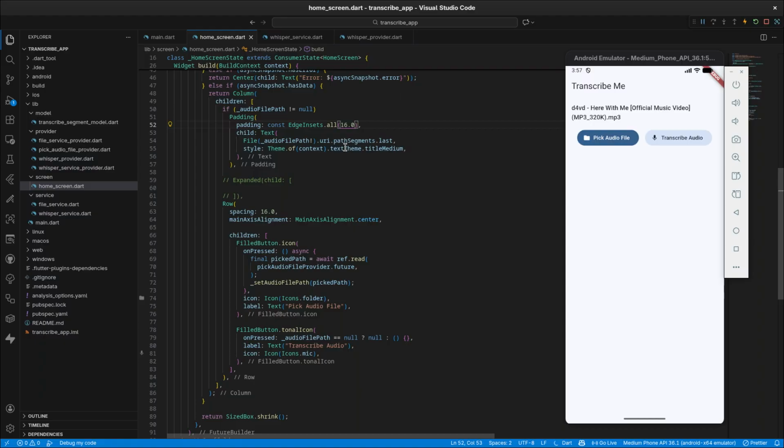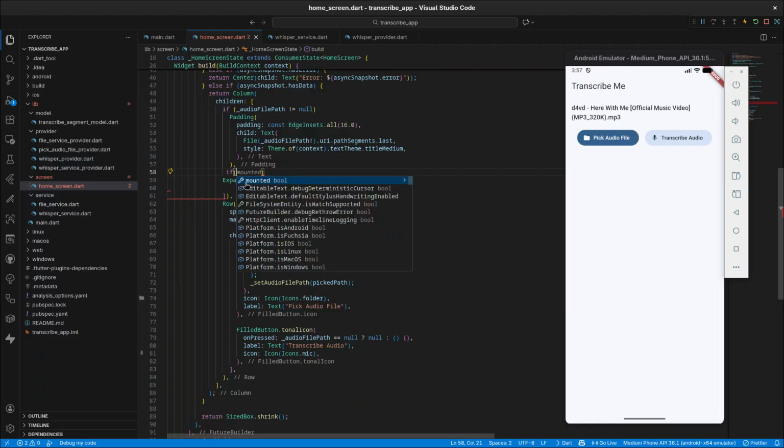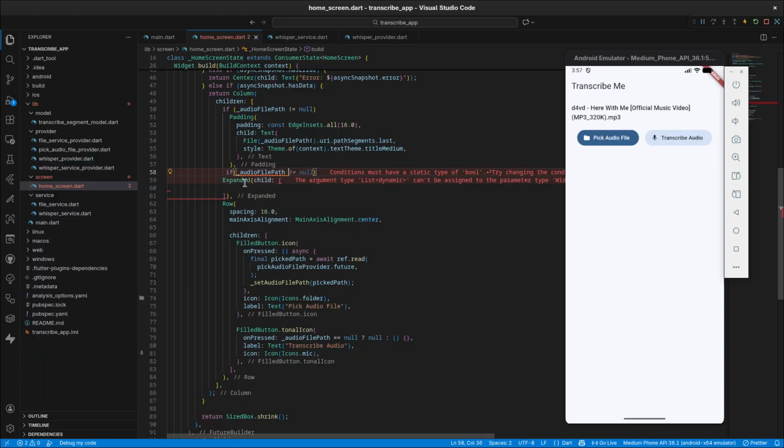I think 16 is about right. Okay, then so we have the file that is selected. Then here in between we can uncomment this one, and then here we will, okay, so also this one, like so. If no audio path, if this is not null, show the expanded widget. Otherwise,